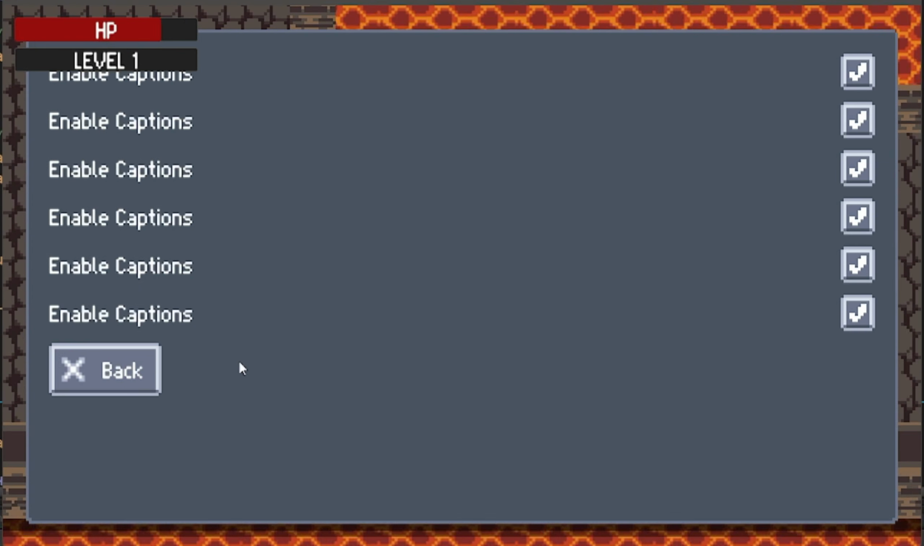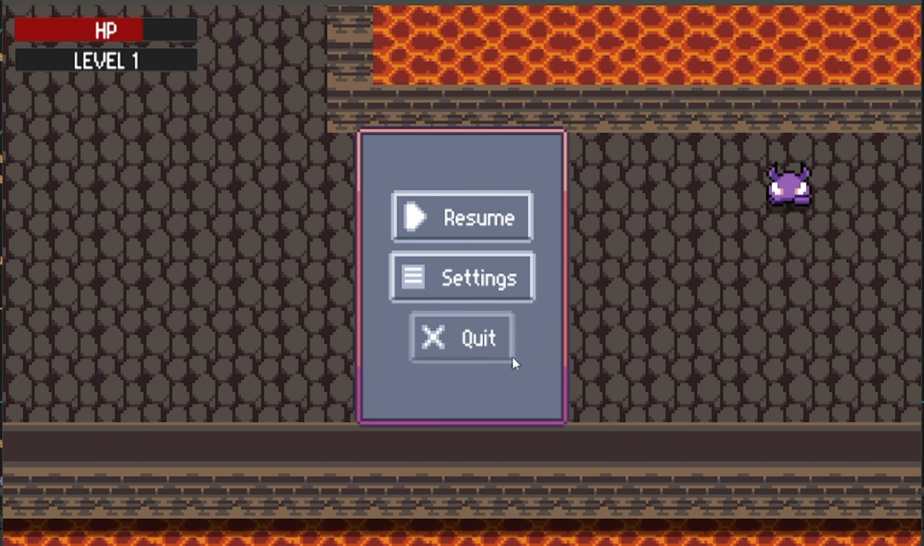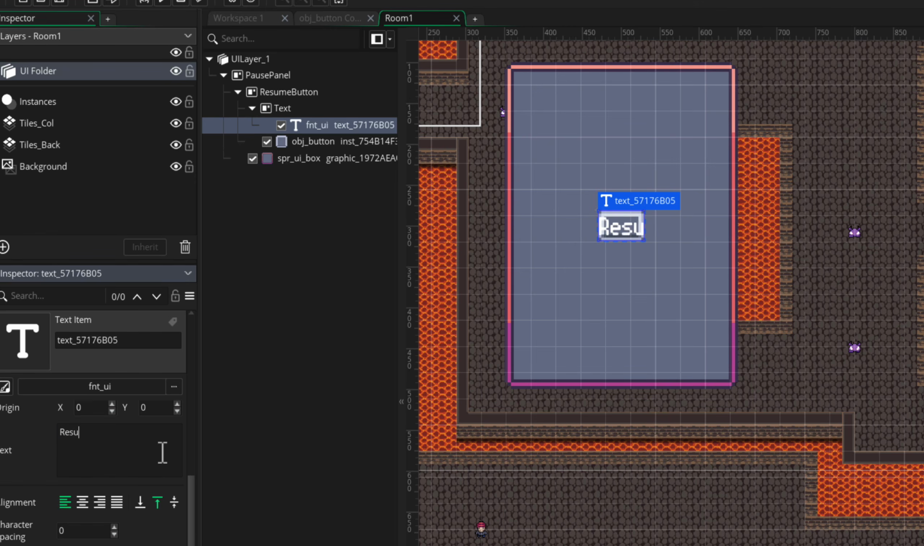In this video we're gonna make a simple pause menu with 3 buttons and a settings menu that you can access through the pause menu, and you can go back and forth between these menus. In this video, we're going to be making all the buttons and everything ourselves by using the new UI layers